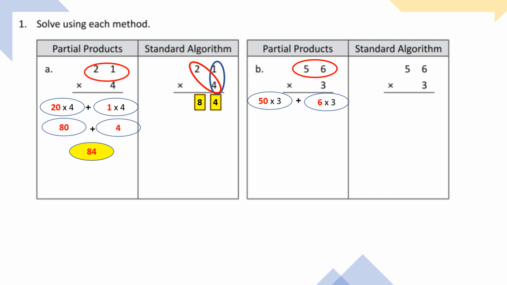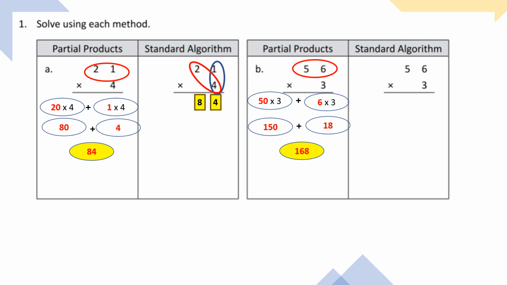So first, let's solve 50 times 3. Well, if 5 times 3 is 15, then 50 times 3 is 150. And we add that to 6 times 3, which is 18. And 150 plus 18 is